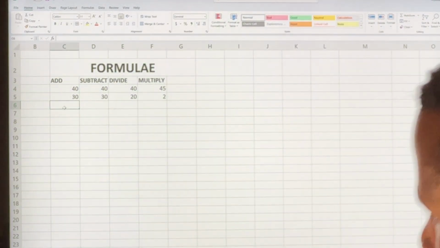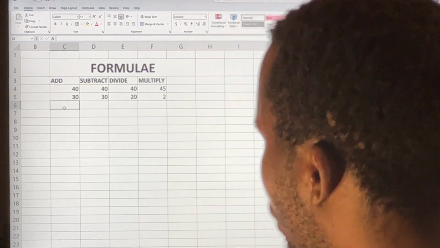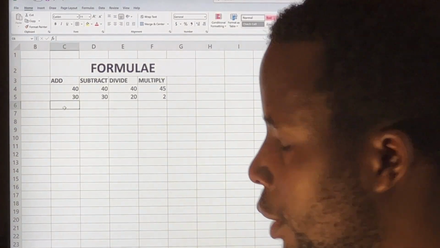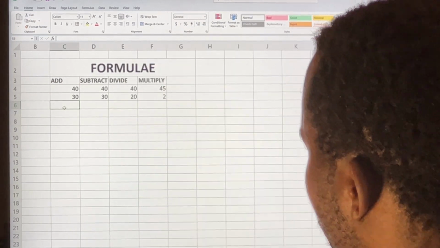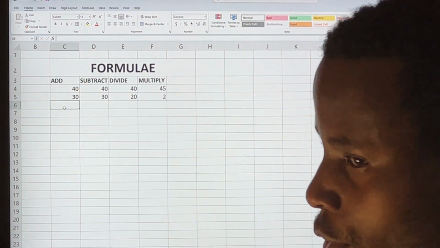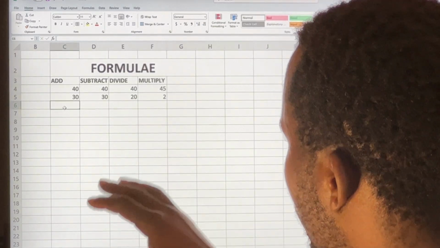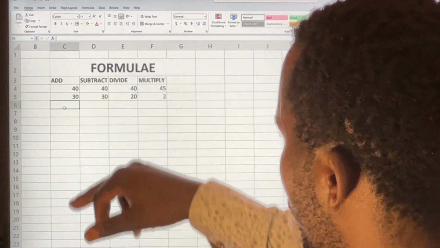So hello members, in today's video we are going to perform mathematical operations which involve addition, subtraction, division and multiplication of numbers. So we have sample numbers here in the worksheet, and when you look at these numbers, they